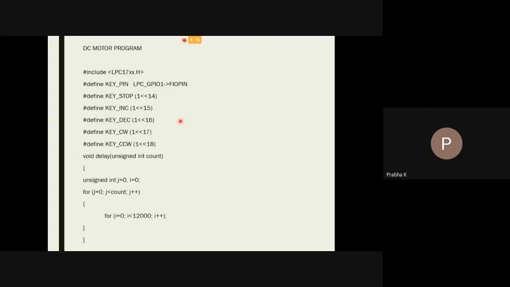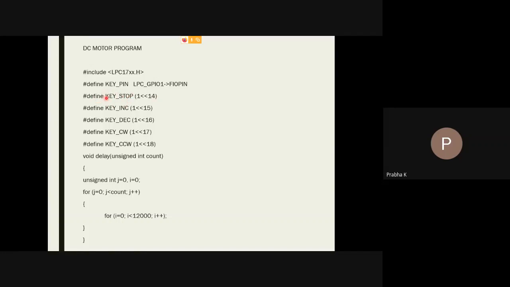Now, when I want to control the motor, I need a human interface. So here I'm using the keys which are present on our LPC 1768 board. I'm using totally 1, 2, 3, 4, 5 keys for the user interface. So I'll be defining them, first as key_stop.